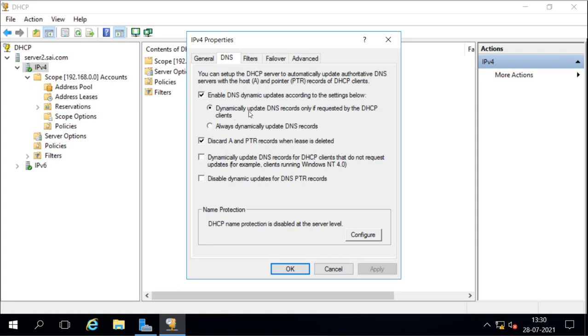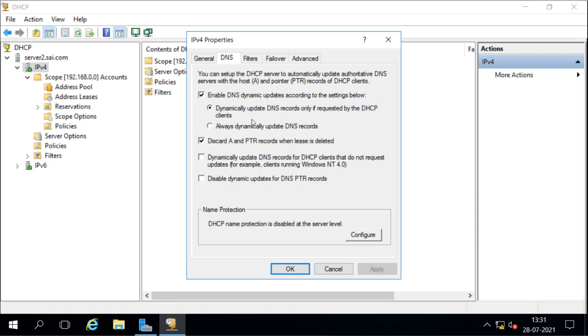If the client is not able to update, then the client asks the DHCP server to update the record for them. Now it is selected here that only if the client asks, then update the record. If I select always dynamically update the records, then whenever the record changes, it will be updated in DNS by the DHCP server.